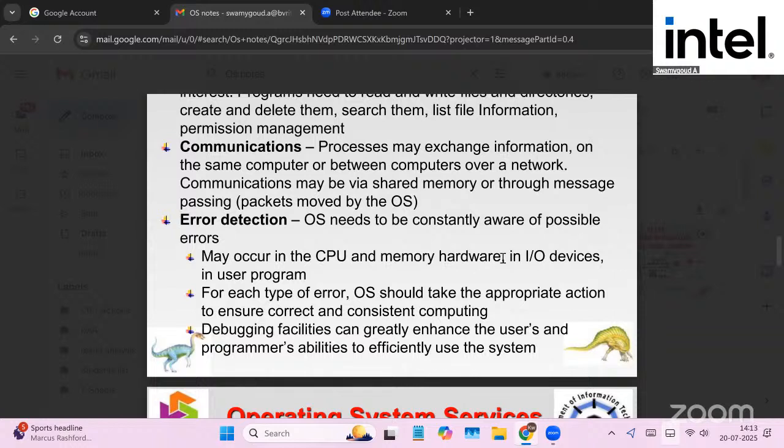So the error is nothing but, say you try to take a printout. You give 10 pages for printing, but unfortunately papers are not loaded into the printer. Then we get an error that the paper tray is empty, paper is not loaded, load the paper. That is one type of error or bug. The operating system can sometimes detect bugs and also rectify a few of them. And next one after error detection,